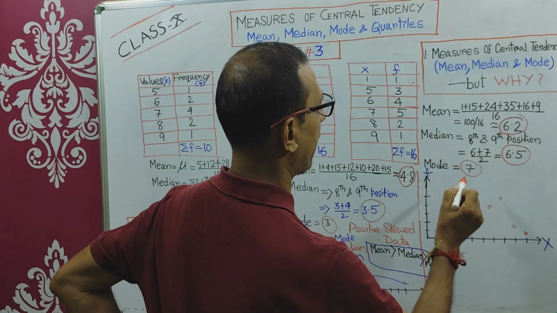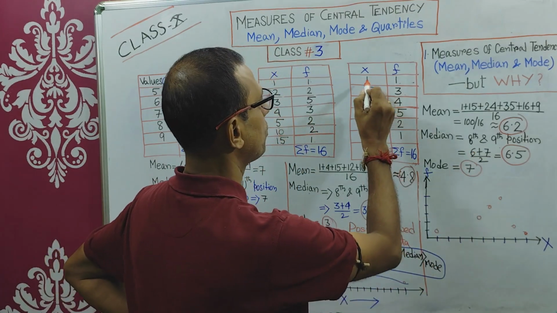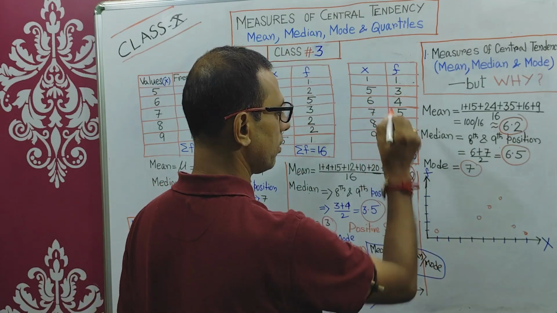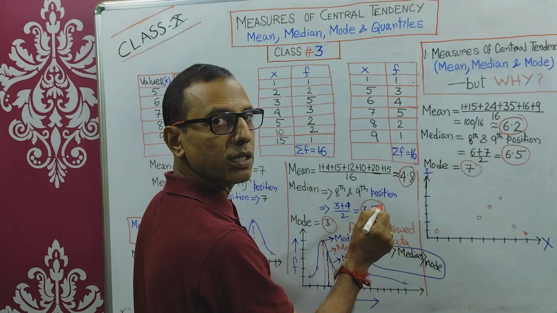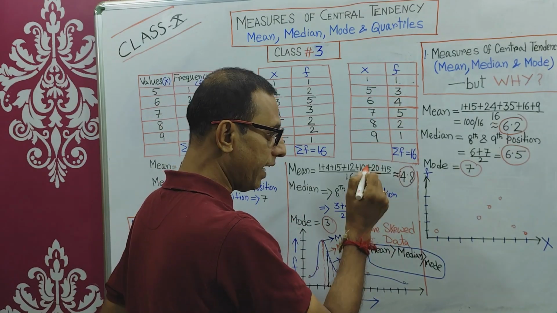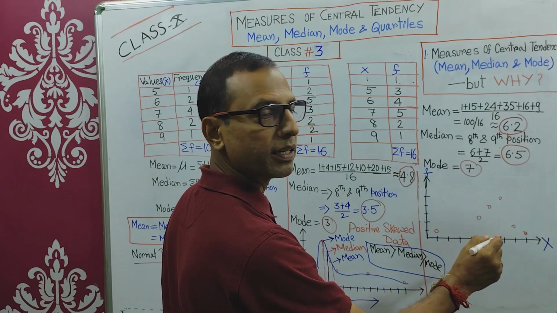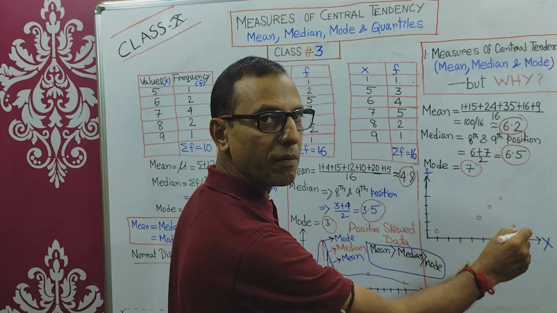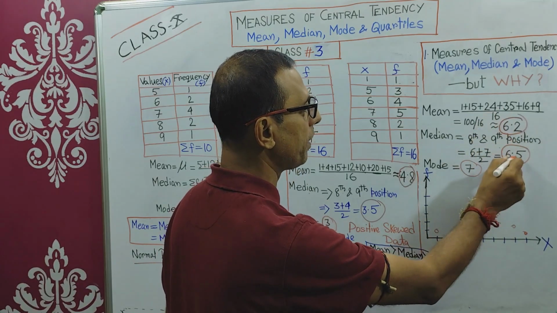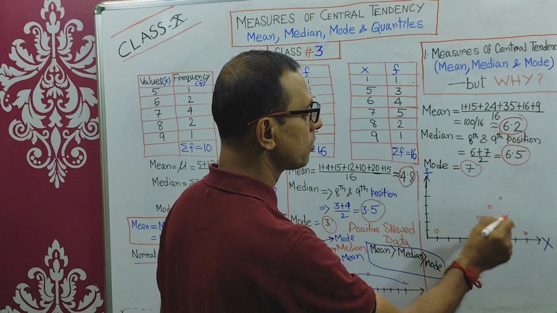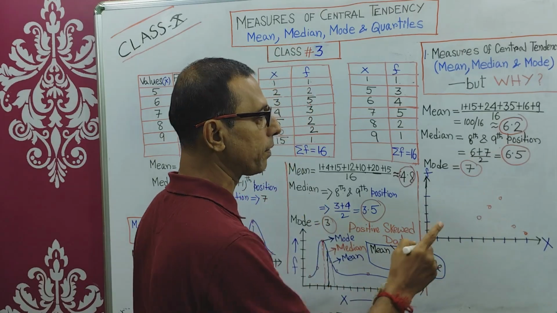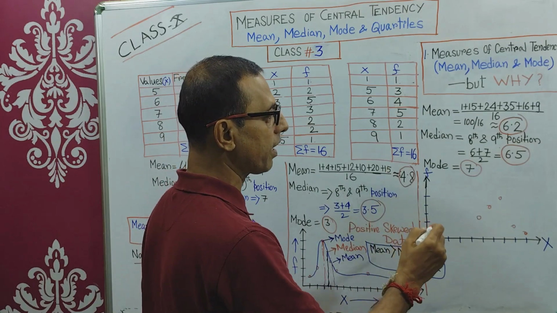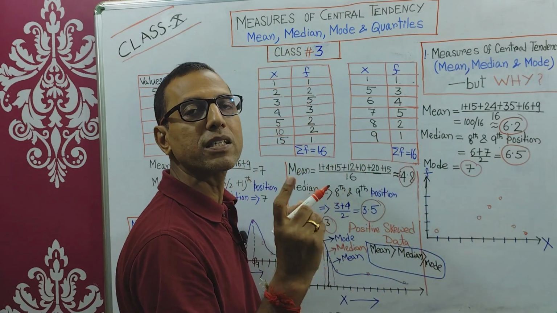Now, when we put these values on the curve, I am putting all the values based on the given observation and frequency. Then I am calculating where the mean is. Then you can see from the graph also, you are comparing with your mean, median, mode calculation, and that is how the relationship works. That is the whole purpose of doing this video: why these are called central tendency, and for which kind of data, each of them represents the entire